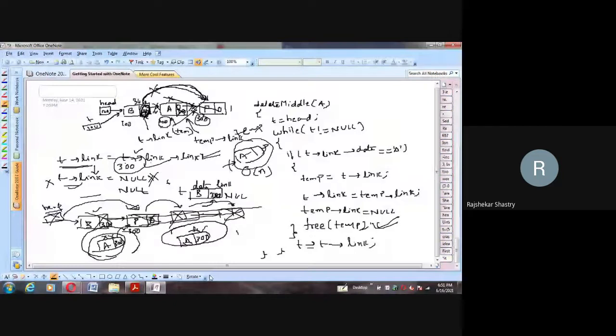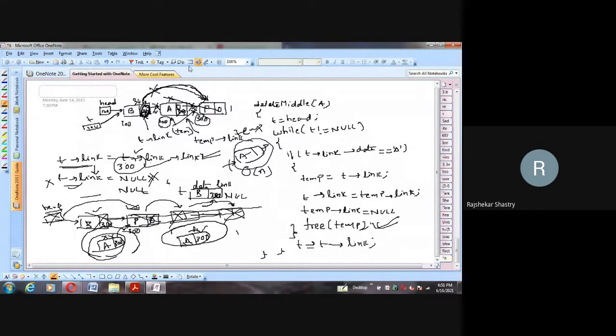Otherwise, I agree that your statement, Chitra, this first one is absolutely right to establish the link, but we are forgetting about the middle node which we have to delete. Whenever you are deleting nodes, or if you don't want the existing nodes to be there, be careful: we should not forget about deleting their respective memories. So that is about the single linked list.